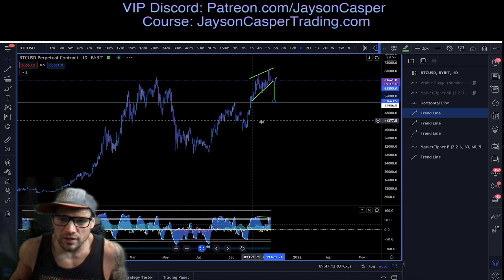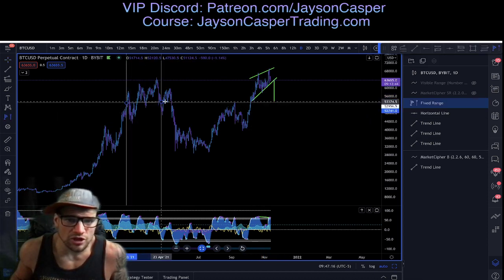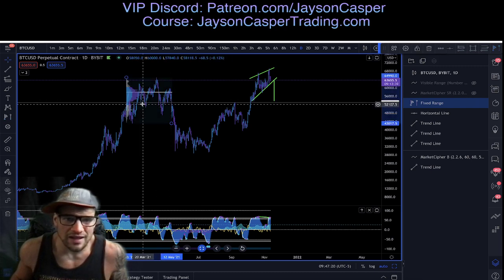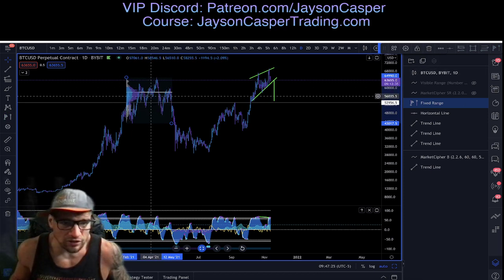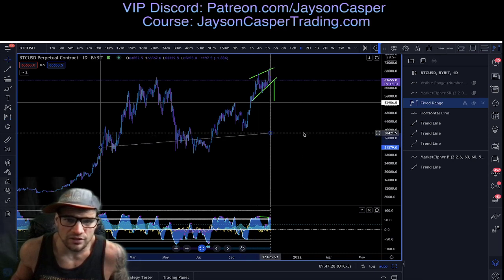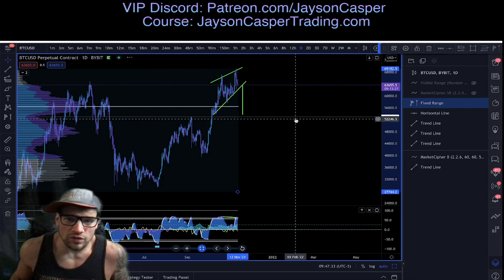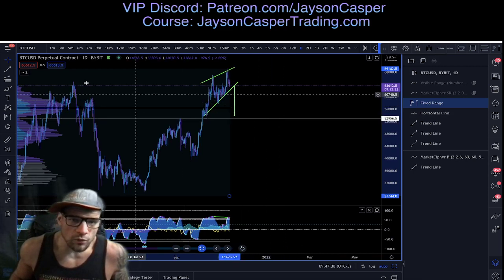Not only is it a weekly and a daily level, but if we pull a volume profile in this little chunk of price action that we traded back in the spring, we can also see that it is the value area low of this chunk of price action here. It's a low volume node. If we pull a fixed range indicator for the entire year, we can see we have a low volume node coming in right there. And so really, if we start to lose 57K, which would take us out